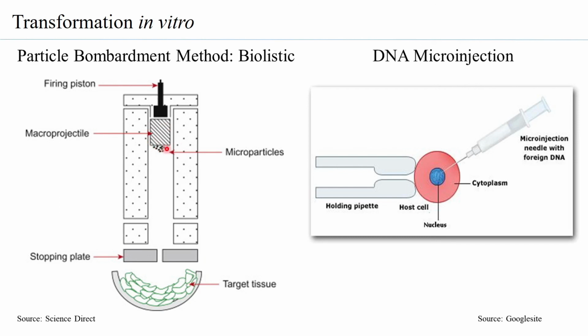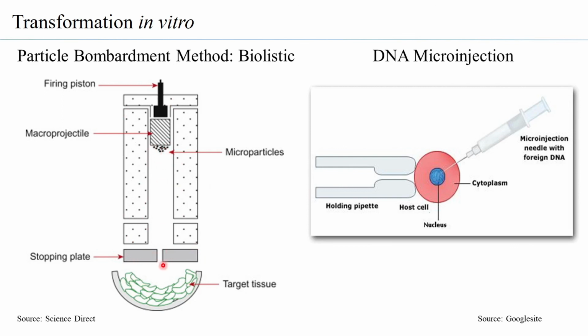And at the end of the macroprojectile, you have what are called microparticles. These microparticles can be gold nanoparticles, and these gold nanoparticles are coated with the DNA of interest. Once you have this coated with the DNA of interest, the piston or the gun is put in the chamber, which has a certain medium that will allow fast traveling of the